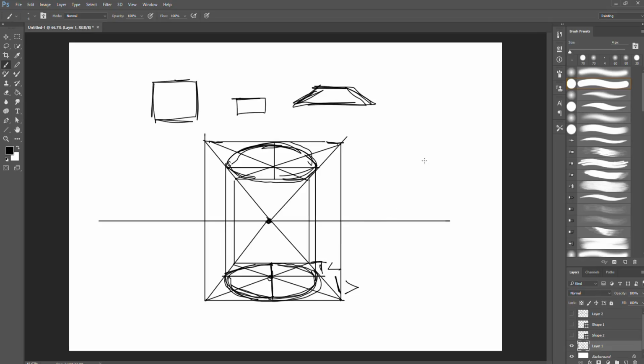And if that's a little confusing, just remember that just the same way that a box will, a plane would